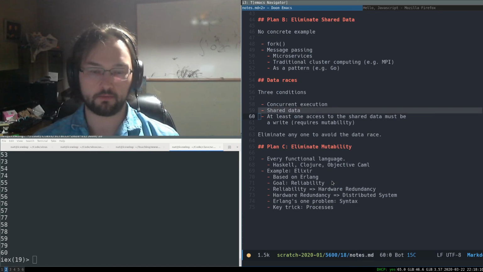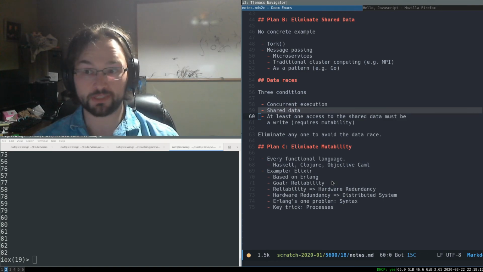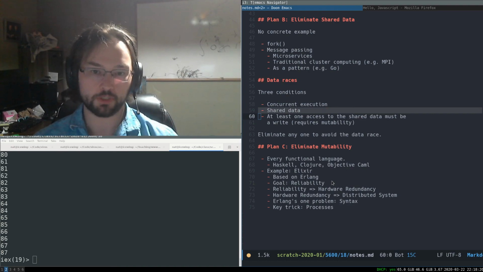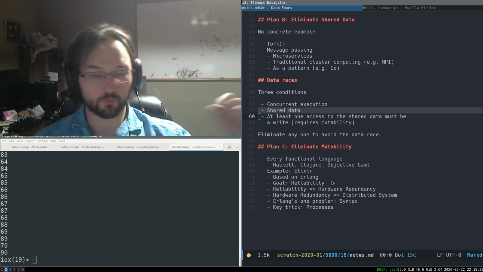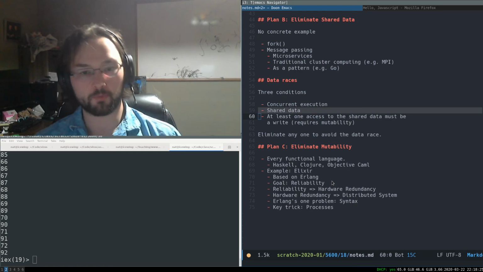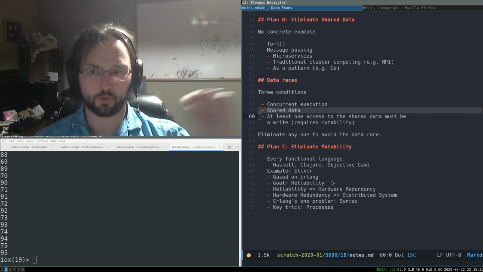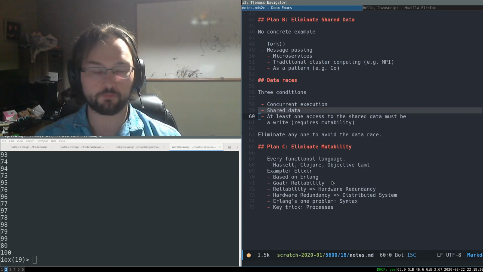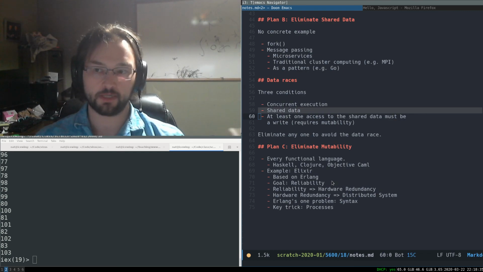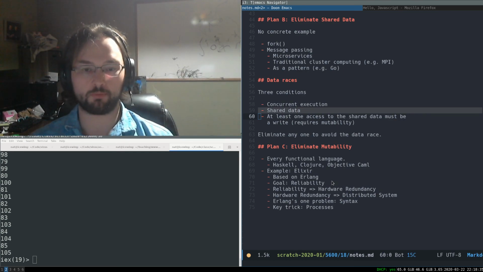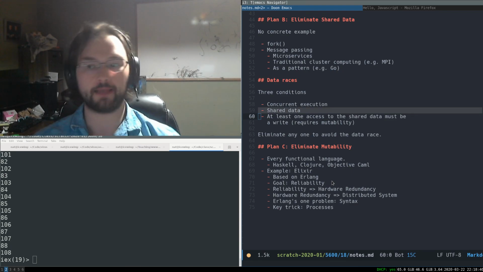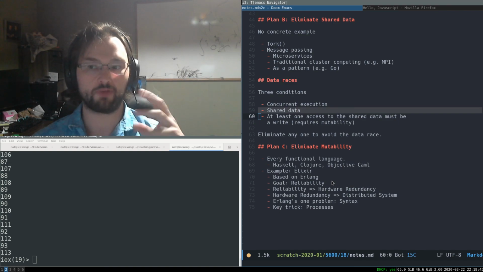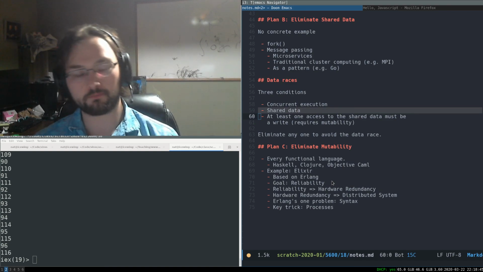Each process in the Erlang virtual machine has its own separate heap. And so if we pass a message from one process to another process, and we really don't do any sharing, it requires copying from one heap to another heap. But Erlang has an optimization for large data, and when we're not passing messages between machines. Remember, Erlang's designed first for distributed systems. And if we're passing messages between machines, there's no way to share memory anyway. You have to send the data across the network. Naturally, you're making a copy. But if the 2 processes are on the same machine, and we're sending a relatively large piece of data, more than a few bytes,